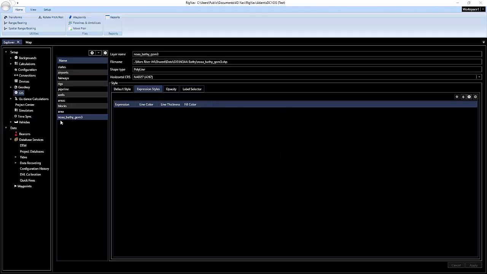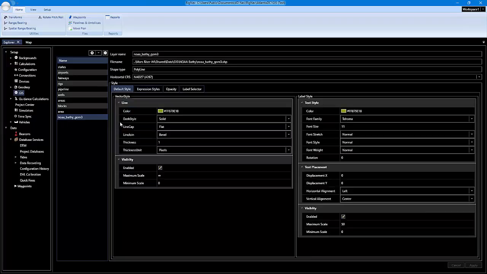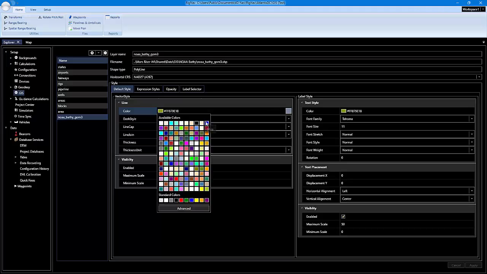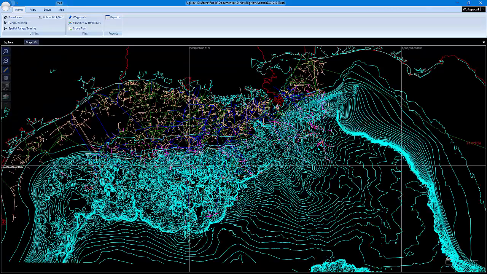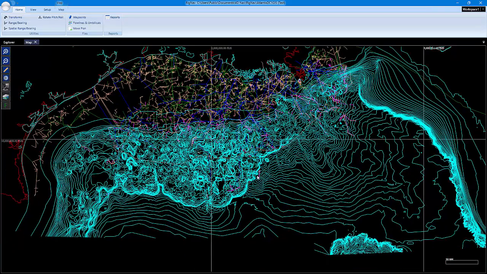So now we've loaded our NOAA Bathy shapefile. Let's go over the default style tab. And I like changing these to blue. And click on apply. And once again, we're going to set up the maximum scale so that we can see this text when we zoom all the way out. And let's go over to the map. And you'll see we have all of our contours